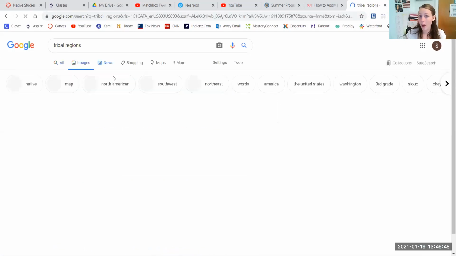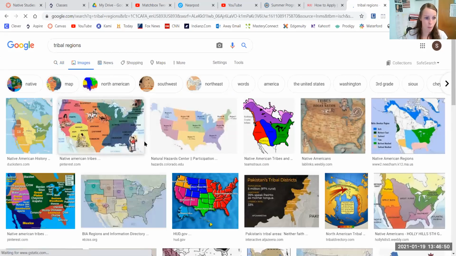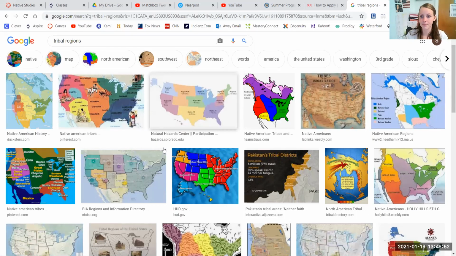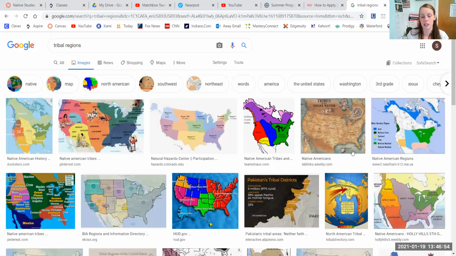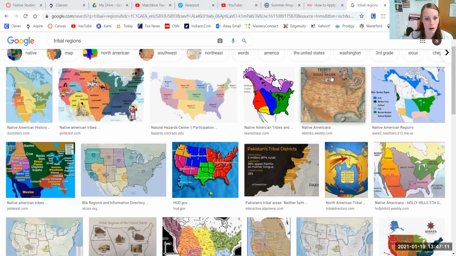Now we know that not every tribe is the same. In fact, there are so many different tribes, and each tribe has its own specific way of doing things. However, it is important to know that there are certain similarities within the tribal regions. So if you guys look at these maps here,